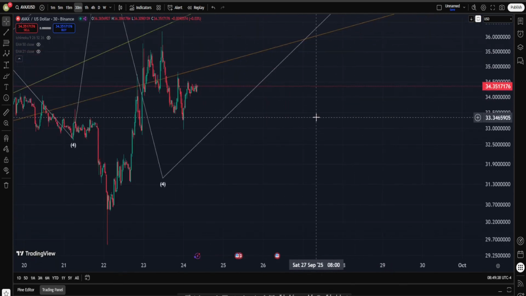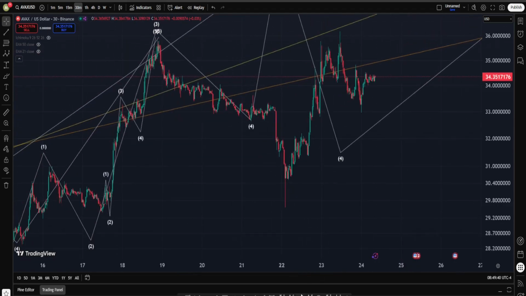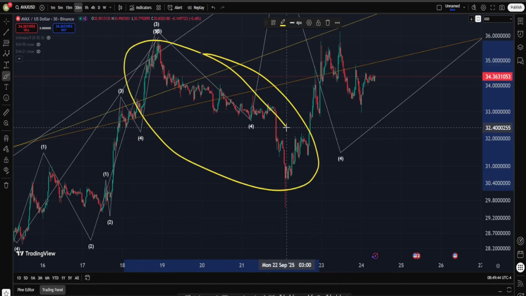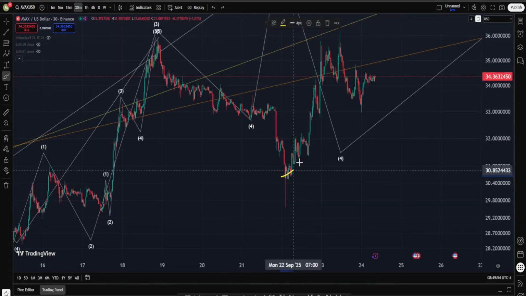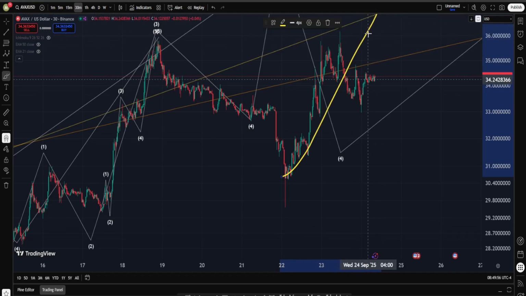Because if you remember, the last time that we talked about Avalanche, we were, I think, right in here, and the idea was that maybe this is a correction structure into wave 4, and we said no matter on what degree even this thing actually ends up being, one way or the other, in AVAX the structures do suggest that we are going to get yet another move on the upside.